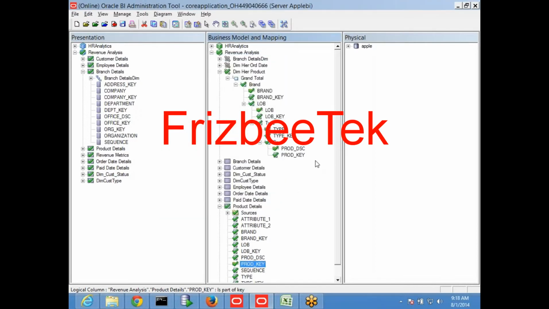So like this, you can have n number of columns placed in a level. Since I have a brand or brand key, if I select the brand key or if I select the brand, for both the next level will be there. Now two things will be here. Every time I am creating a key, I am selecting two options.